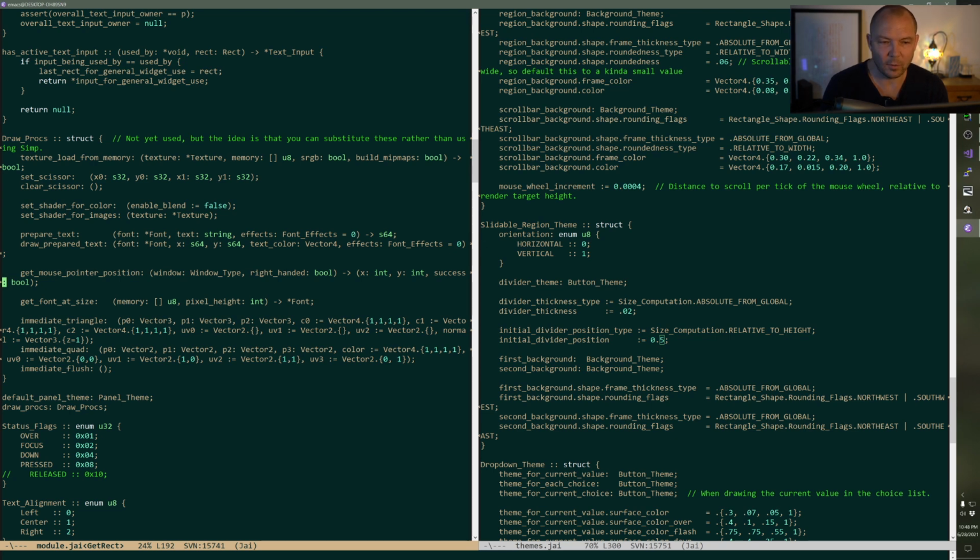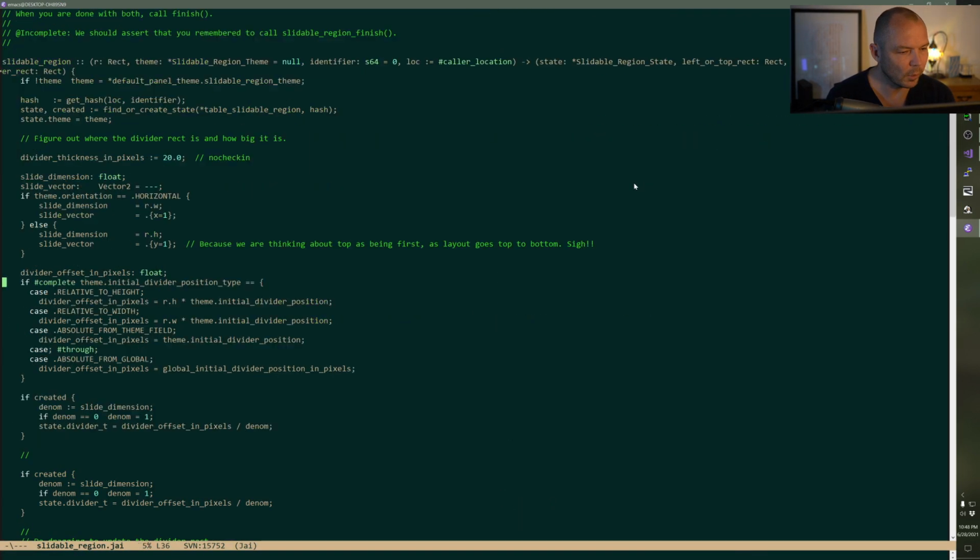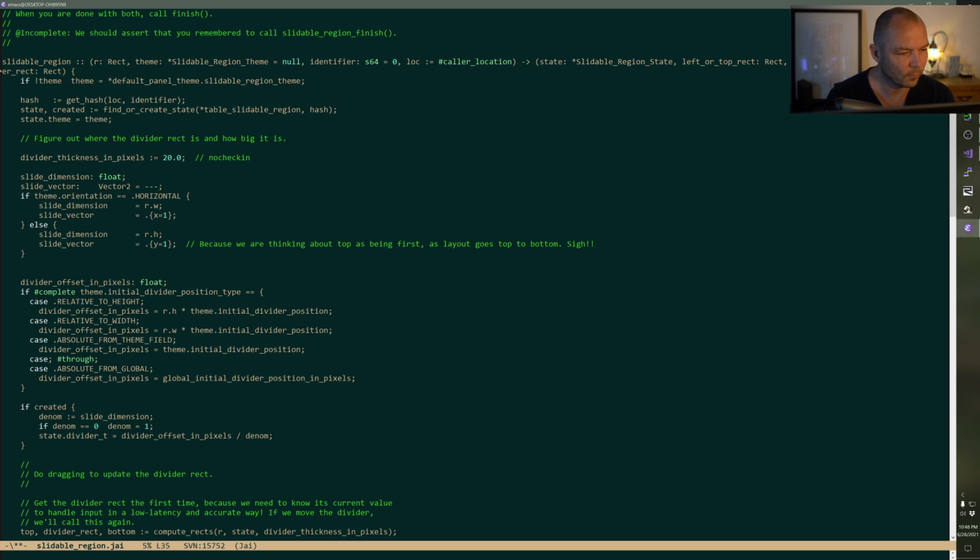As you can see, it's bedtime, but we're going to do this factoring. And we're going to do it just right here. We're going to say divider offset in pixels equals get float parameter, I guess, of